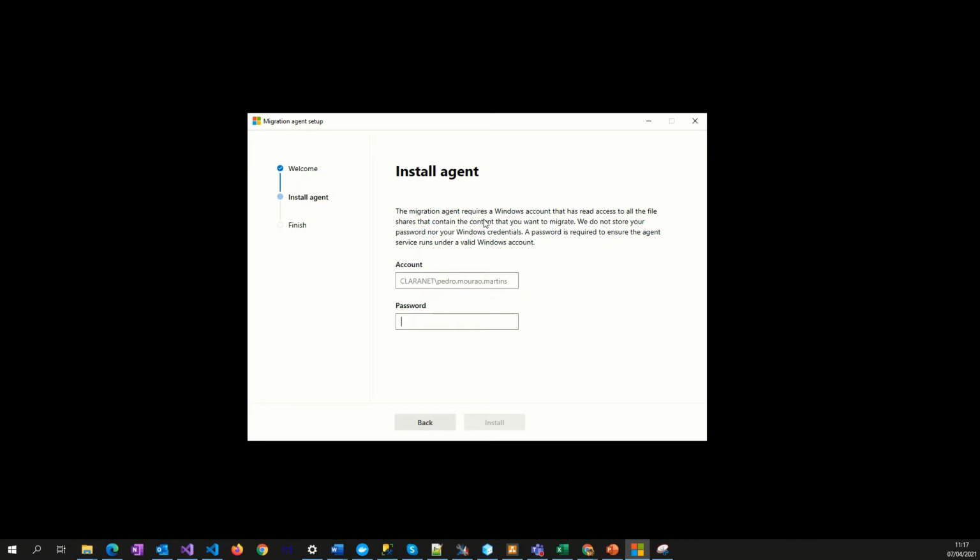So after, you must provide your Windows account for the agent to run on your host, right? I will do it, for example, in my case, and I will install the agent in my machine, right? To run in my machine.